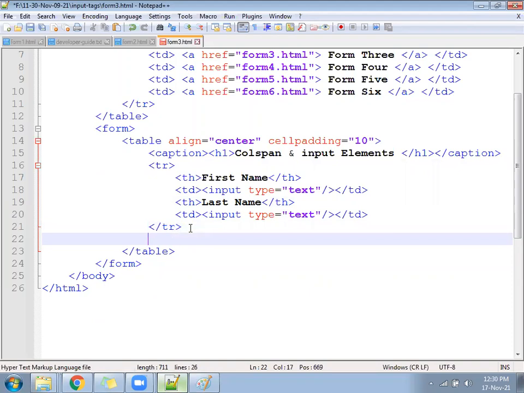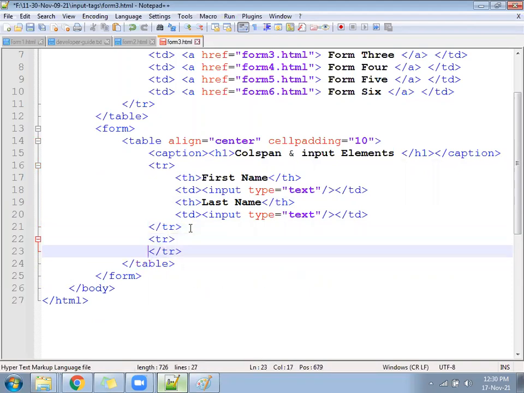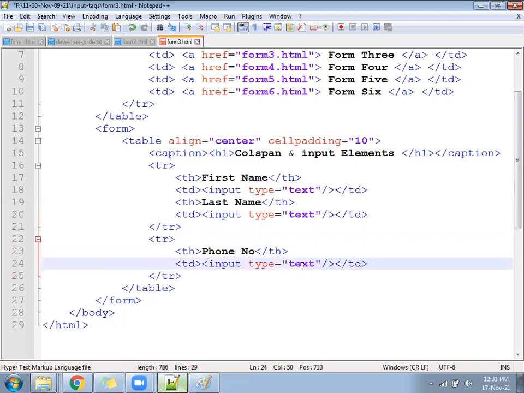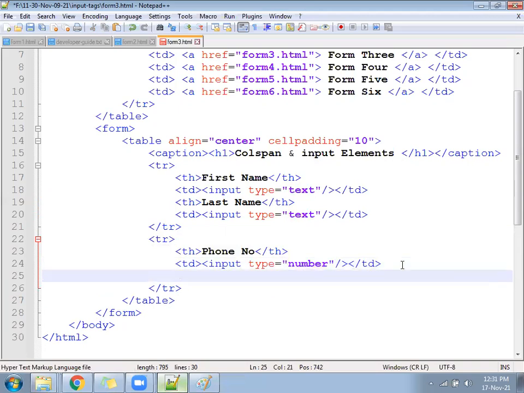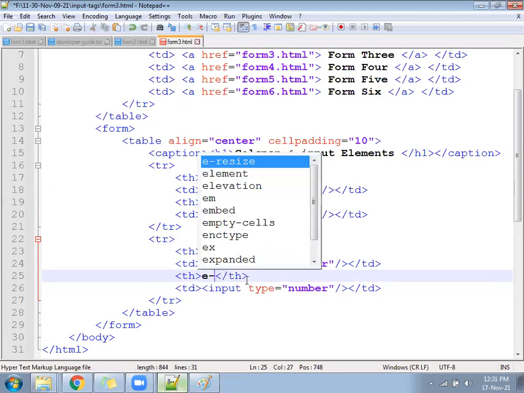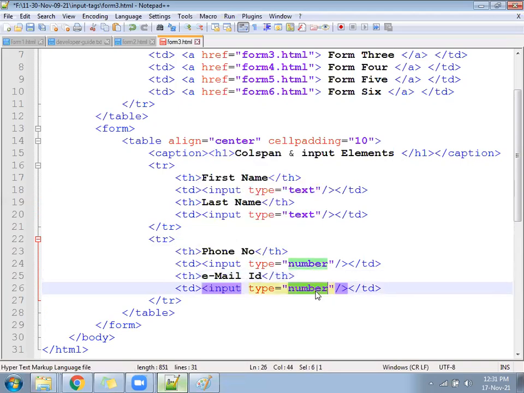Write the next line. Next TR. Next TH. Phone number. 1 TD. Input type as a number. Next email ID. Email ID. Type as a email.